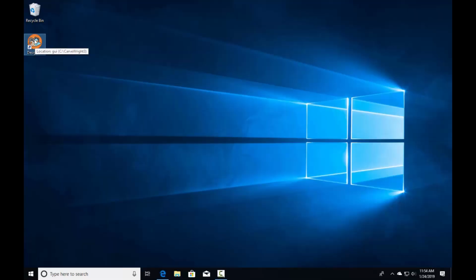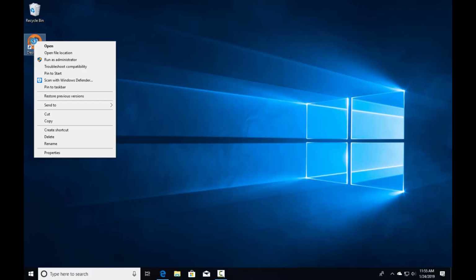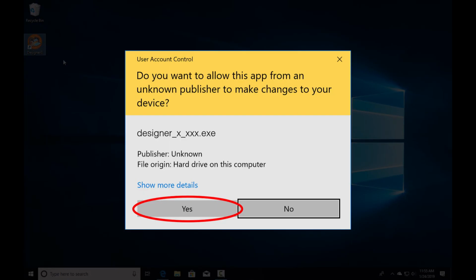want to register this software. So we're going to right click on the mouse and it's going to open this menu. We're going to select Run as Administrator. Again, it's going to ask if we want to allow this from an unknown publisher to run, and we do,